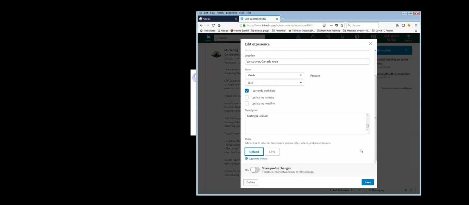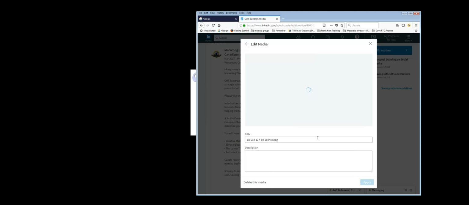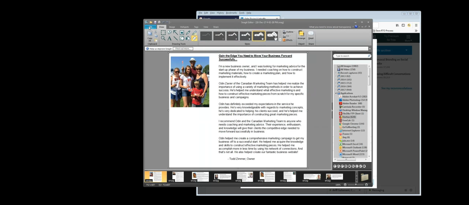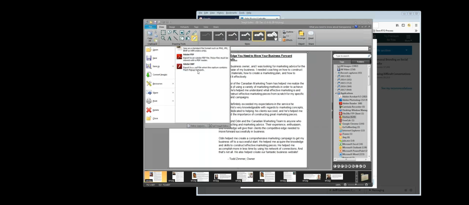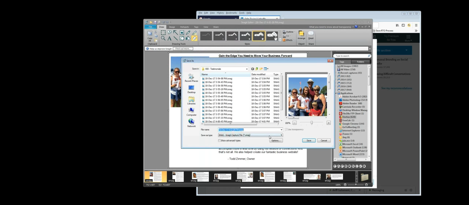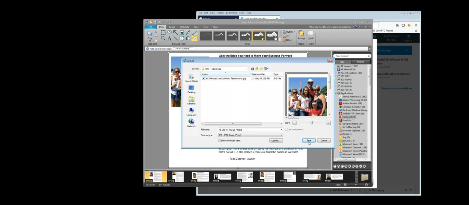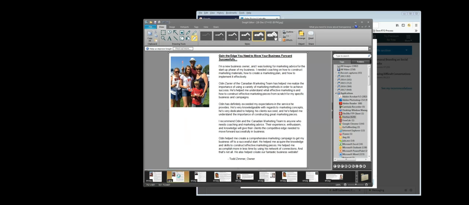And of course, it's not going to let me do a Snagit. Let's just see. I had to save it as a JPEG. Of course, it's always the way it works. So I go here, save as, and then I have to go here as a JPEG like this. So I just have to go to every one of these.